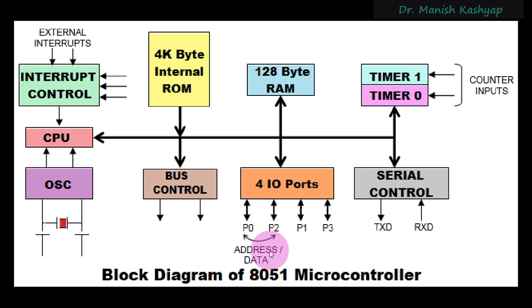On P2, two things are multiplexed, and on P1, nothing is multiplexed. However, P3, as we will soon see, is associated with some special signals used for control purposes, so it's also a multiplexed port, right? Then you have the serial control block, where you can have transmission and reception. You can transmit one bit and receive one bit serially. So this is a general block diagram of the 8051 microprocessor, and step by step we are going to study it